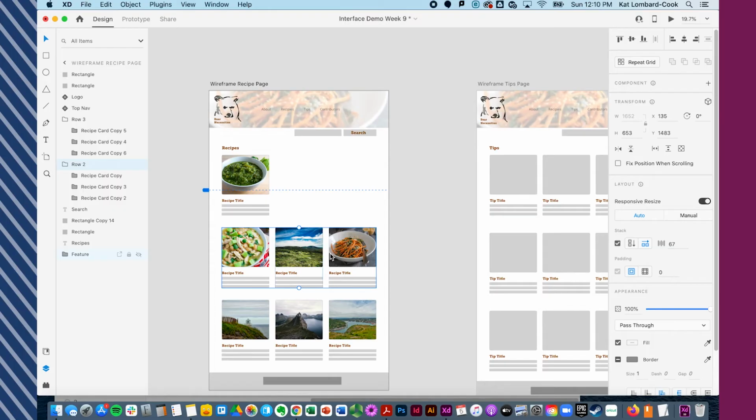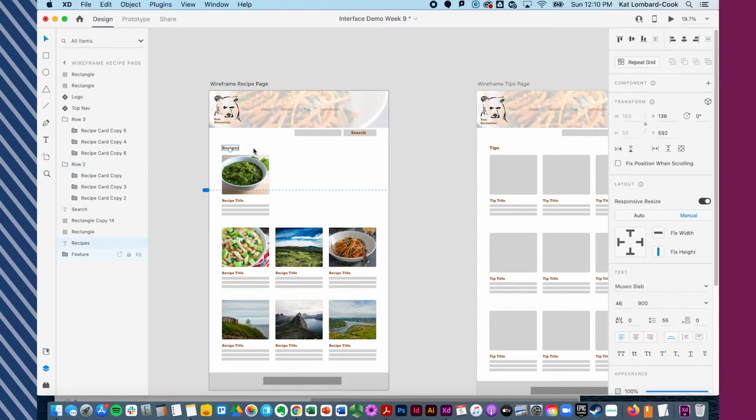At stacking, but what if instead of having pieces that you're trying to rearrange when you're designing, you want, say, a bunch of feature recipes that people can scroll through that are up here, and then you scroll down and you've got your regular recipes. So I'm going to copy and paste my recipes title here. I'm going to move this down. Yeah, keep that padding. This one's going to be all recipes, and this one I'm going to change to feature